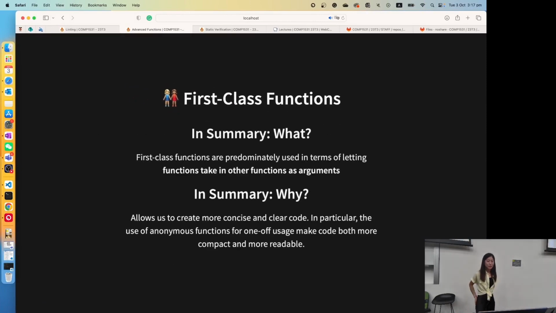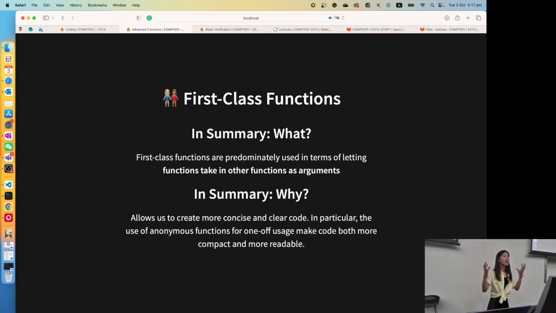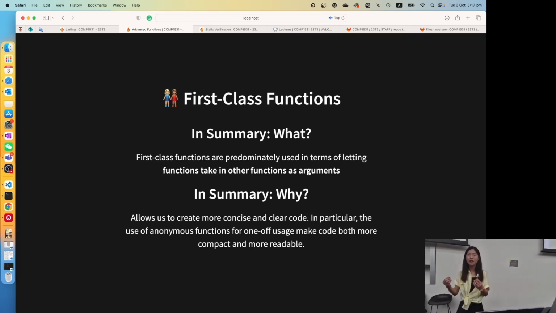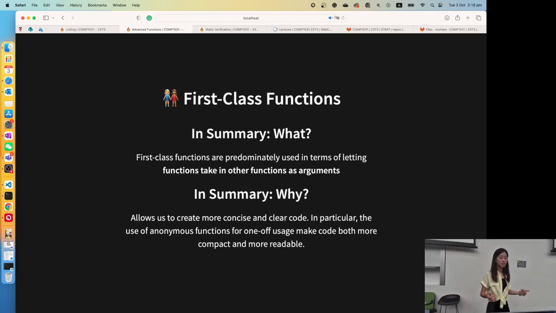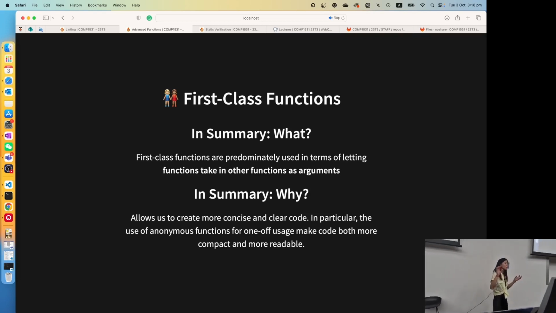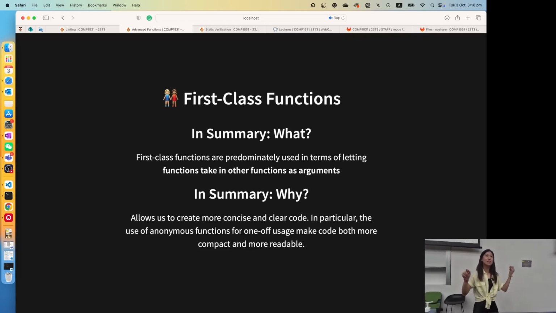Otherwise, okay. First-class functions are predominantly used in terms of higher-order functions taking another function as an argument. As we have seen, we use functions as a parameter in a function and pass that function into a function. So it allows us to create more concise and clearer code. And in particular, the use of anonymous functions. Anonymous function is just what we did when we only have one line in the body of the function, we can omit the return keyword and the brackets. So this is called